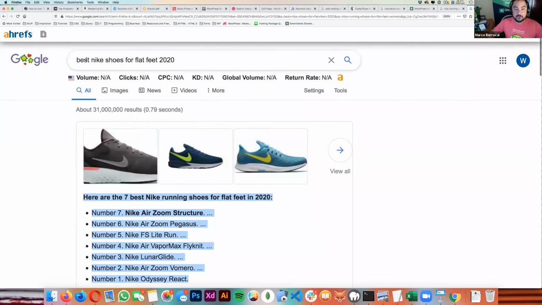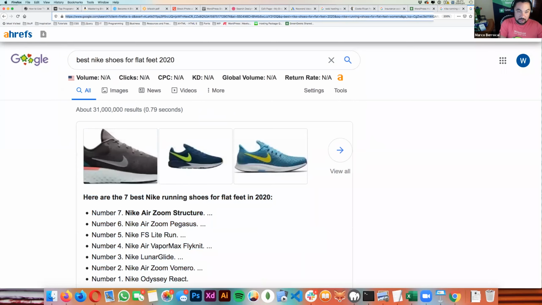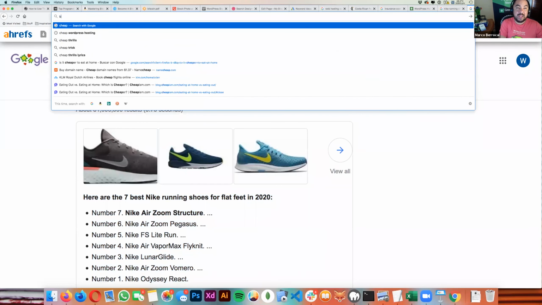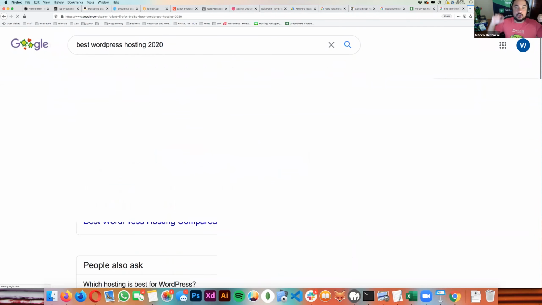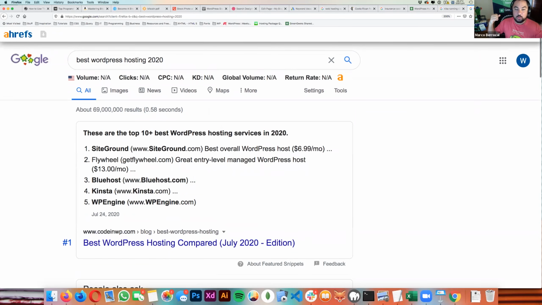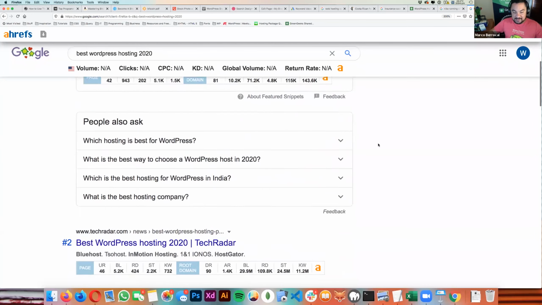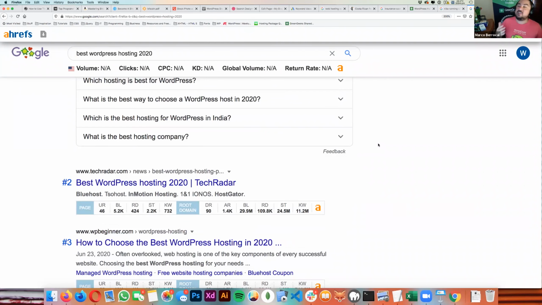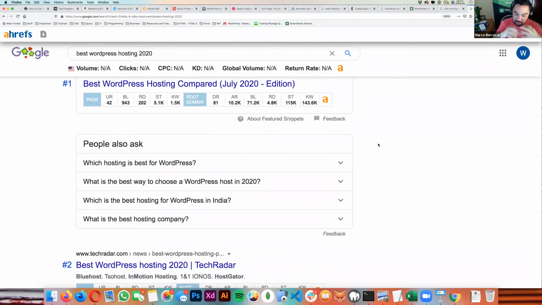So I use the word here, best. I didn't know I was using a buyer keyword. So a buyer keyword is that. Best WordPress hosting for 2020. That means my intent is to see what the best companies for WordPress hosting are. I'm going to read the listings that I have over here, and I'm going to make a decision. I am ready to buy WordPress hosting. So whenever there's an objective that is closely tied to buying something, then you definitely want to take